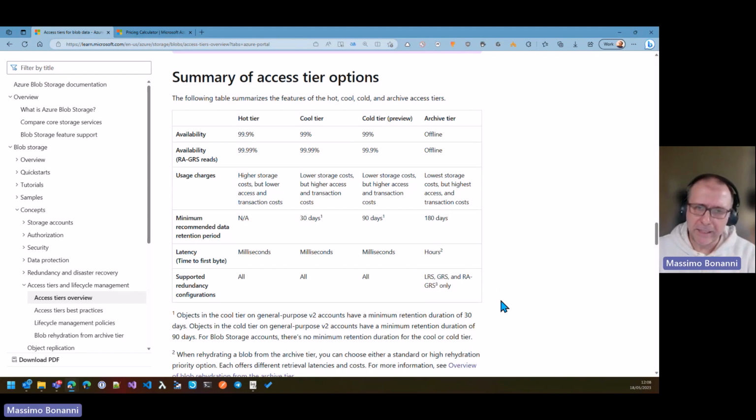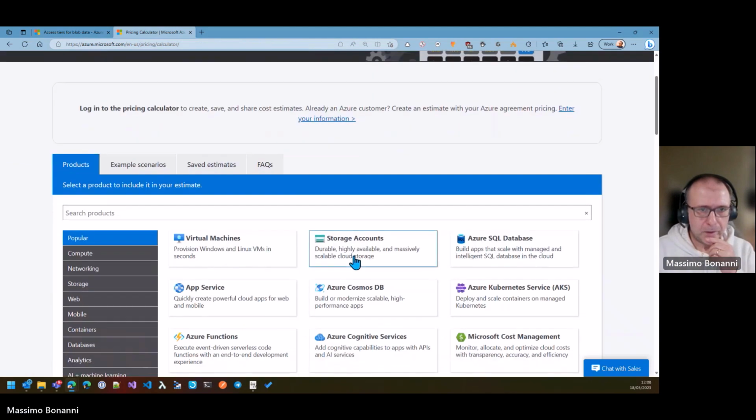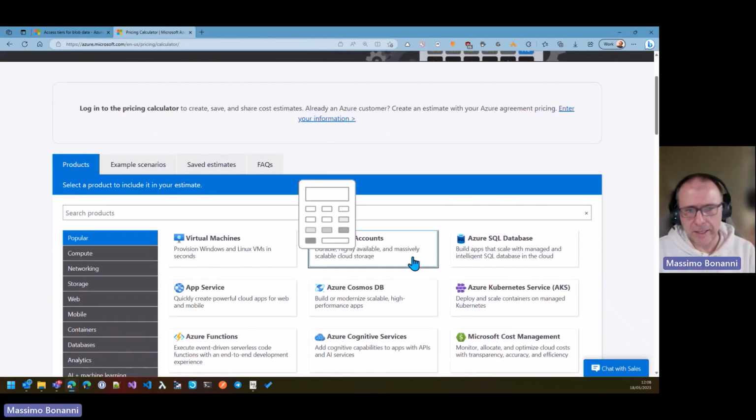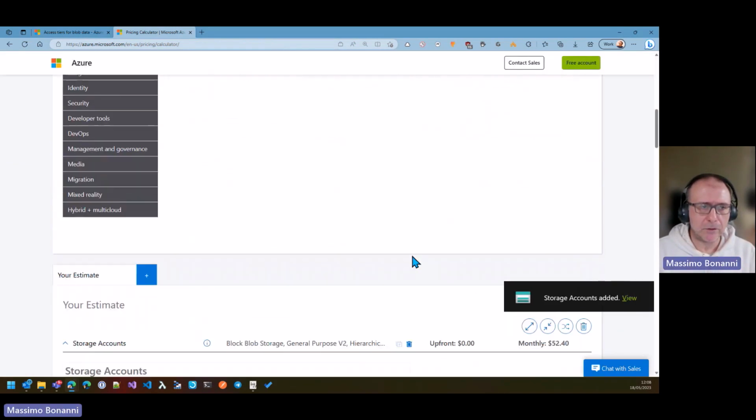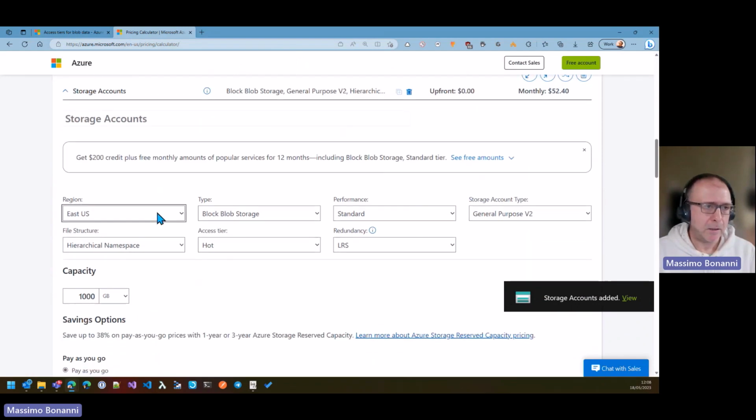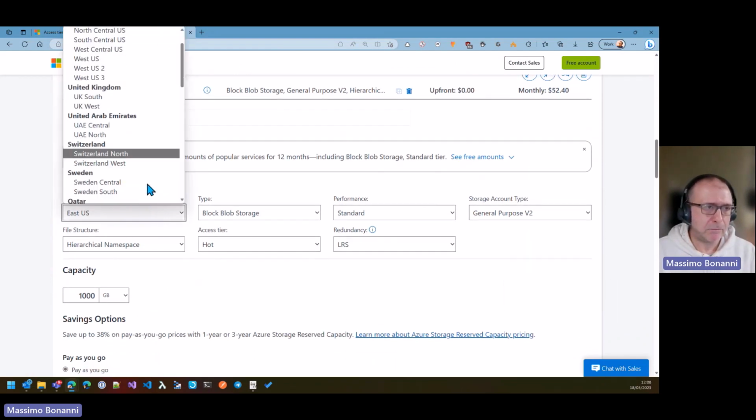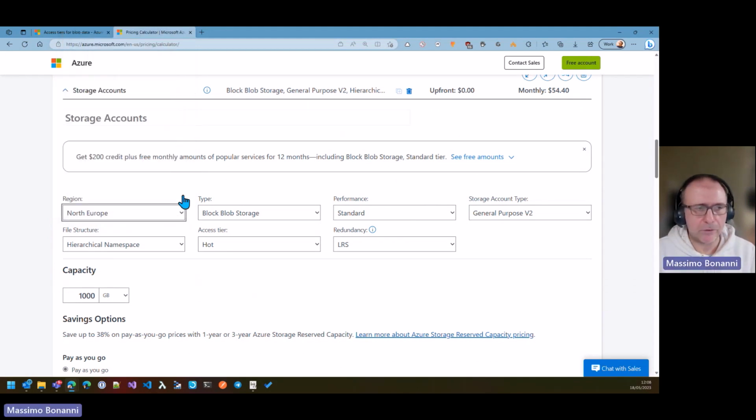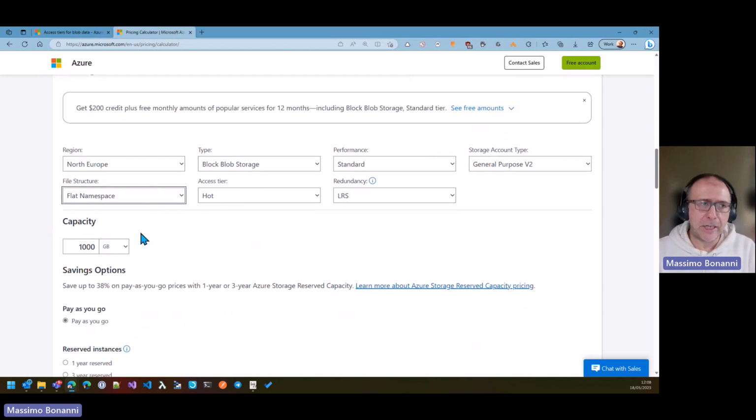Just to have another idea of the cost, I use the calculator. This is the Azure calculator. I add an Azure Storage account. I choose, I don't know, my region, North Europe, for example, but you can choose whatever you want. I don't want hierarchical namespace. This is exactly what I need. And in this scenario, North Europe, block blob storage, hot tier, without redundancy, just using the locally redundant storage,